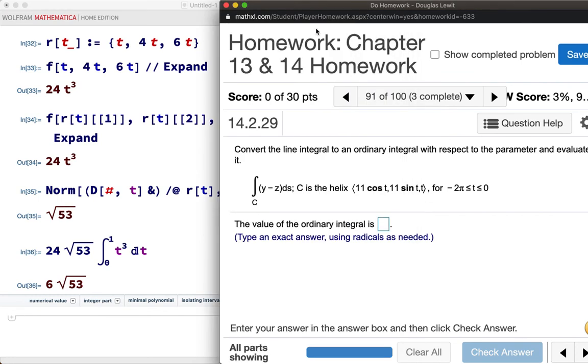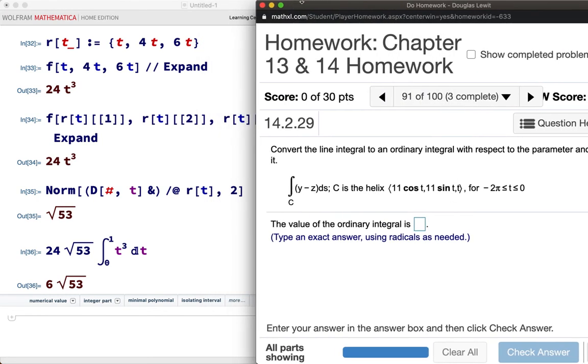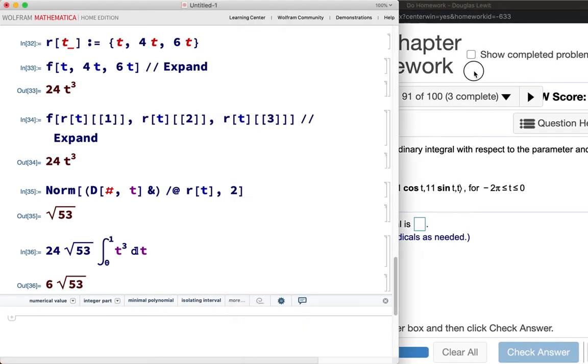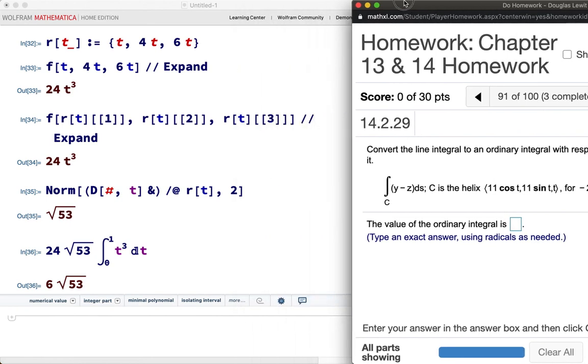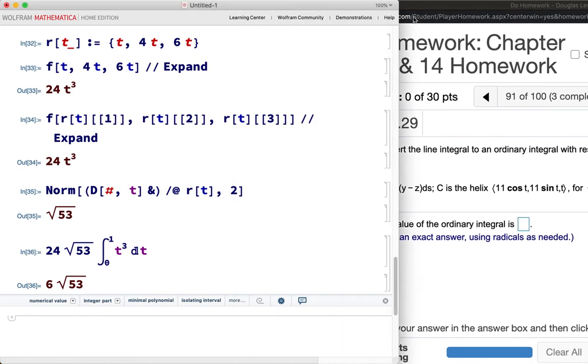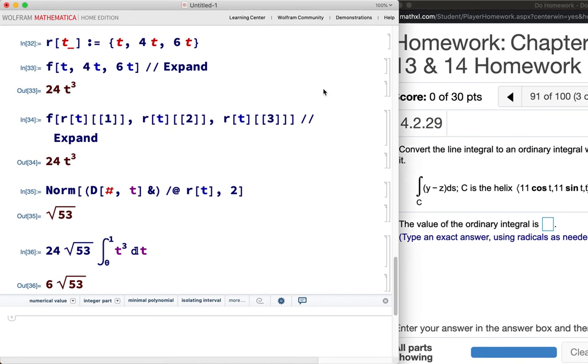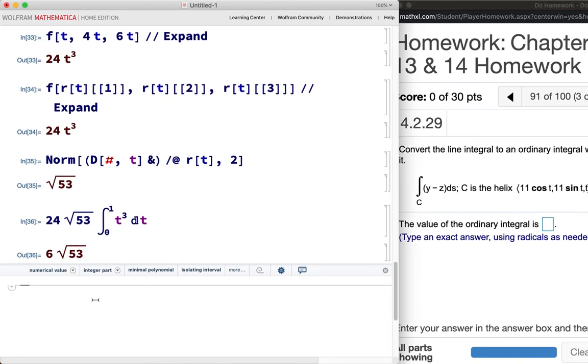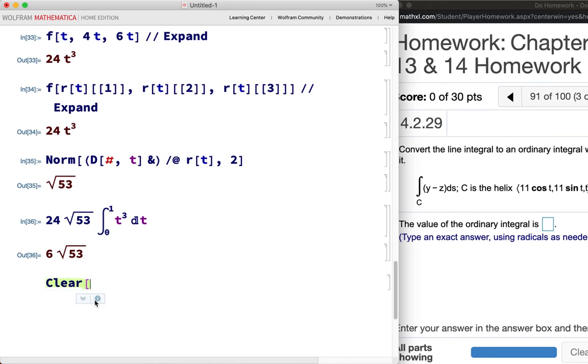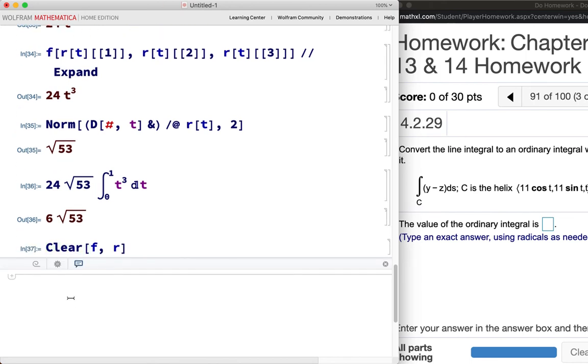Okay, let's get to this problem. Wait a minute. Sorry about that. Okay. So let's see. Clear F and R. Okay, so we have